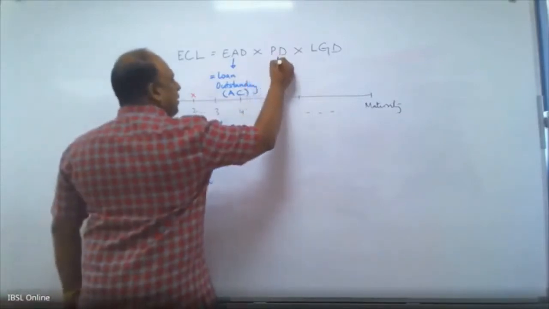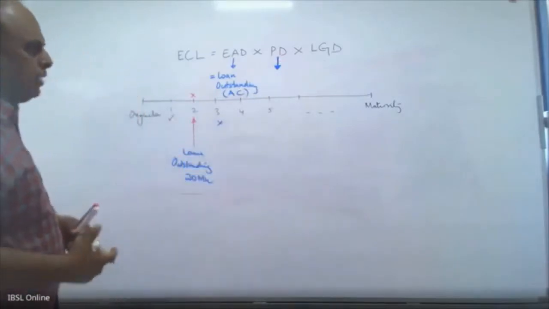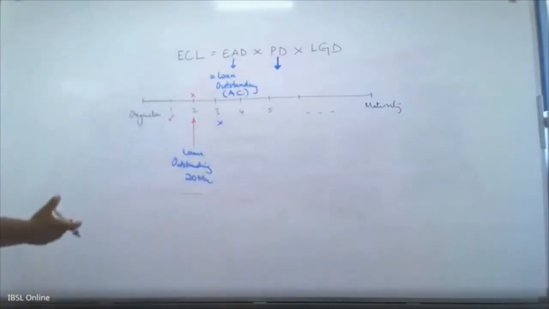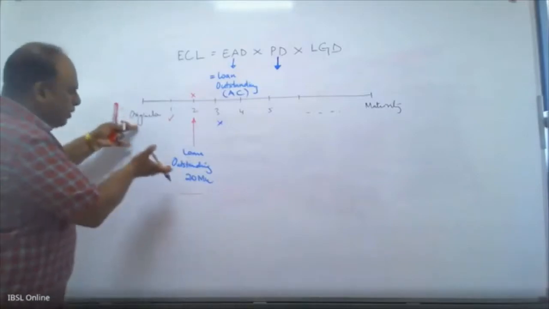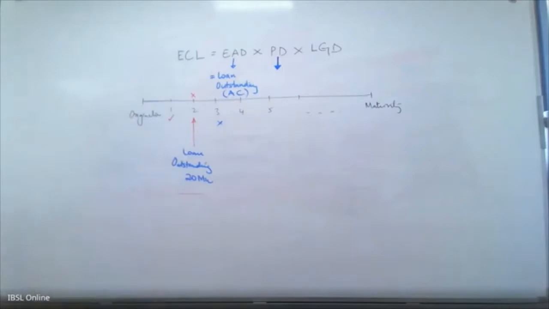That is what probability of default is. Based on my historical information, what has happened with the other loans, what has happened with these similar loans, you need to do a lot of calculations. So that's why I said these are using the scientific models that we do. For exams, you don't have to worry, because the probability of default has to be given to you. Otherwise, you will not be able to calculate.